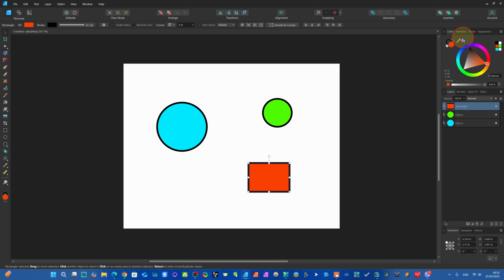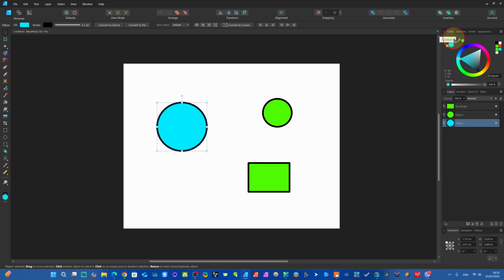For example, we have this color selected. We just take the color picker. For example, this and this red will be changed to this green. For example, we come here. You see, it has automatically changed the color. For example, we come here and we just select here, and you see it. It has automatically changed the color. For example, we have selected this color here and take the color picker tool. You see, it has automatically changed the color.